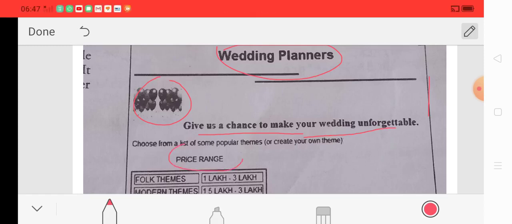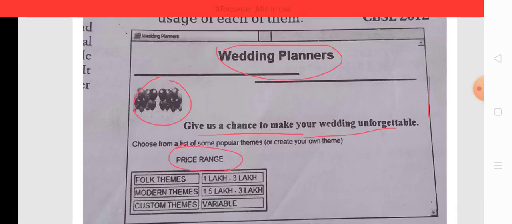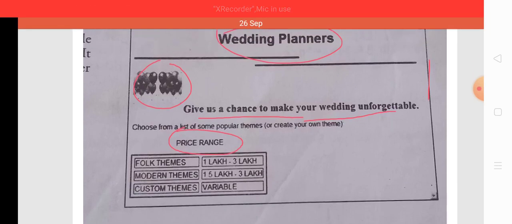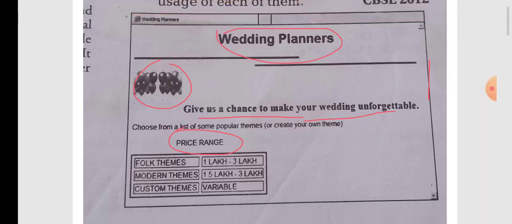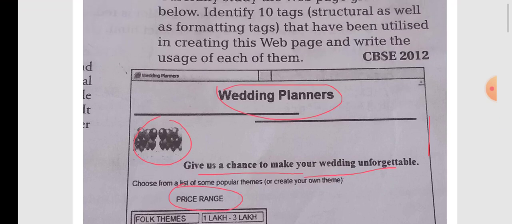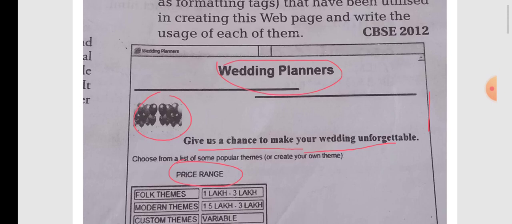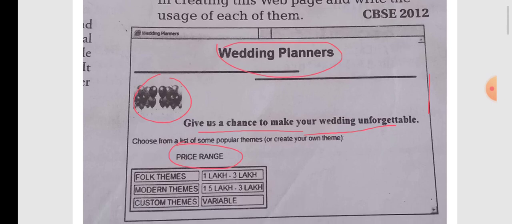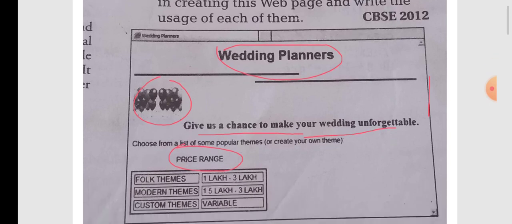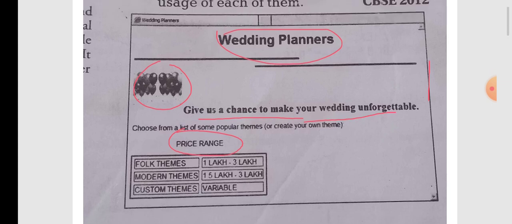A table with a caption is there, and in the table we can see that there is a difference between different cells. Okay, so the cell spacing concept is used in this HTML web page. So these are some key points which we notice when we see this web page. Now let us write all the tags one by one.